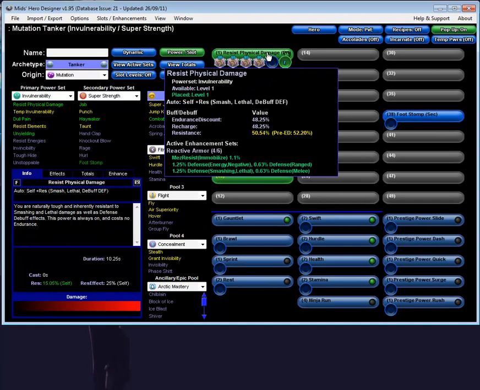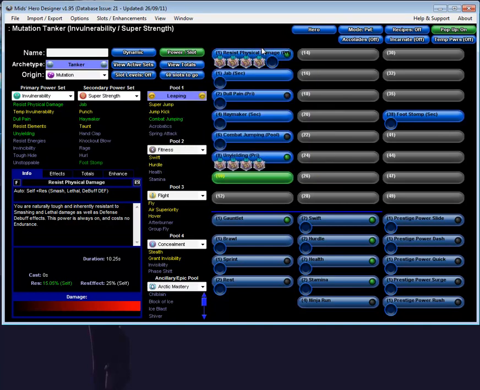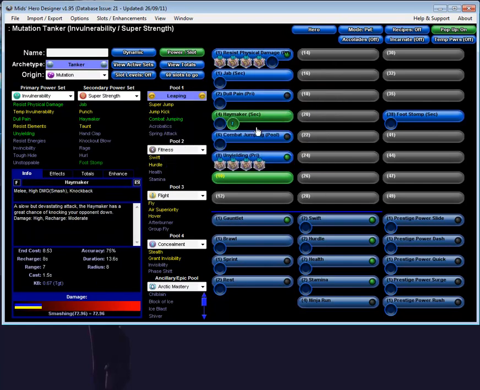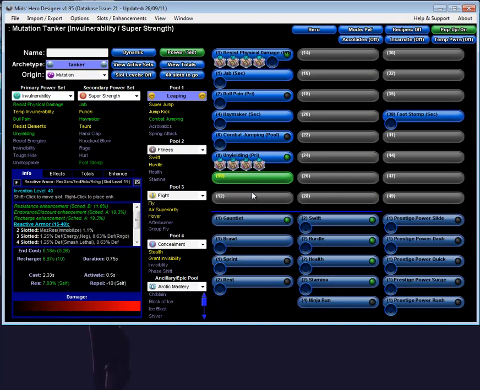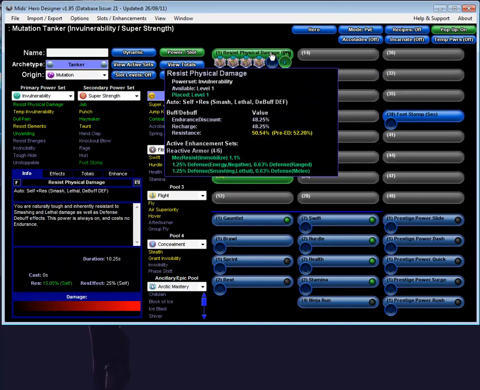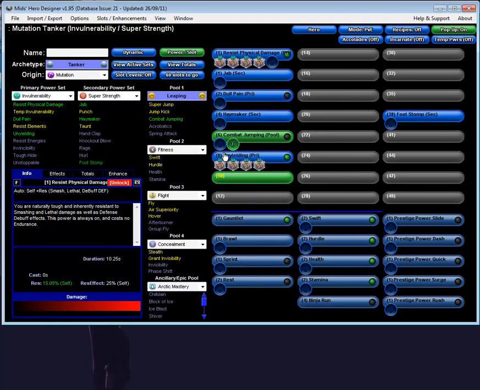Oh, also, if you want to stay on a power without having to pull off of it, because as you see, as I'm pulling it down, it flips to each power it hovers over. If you want to stop that behavior, just right click. You'll see it locks. And this way you can go ahead and see various aspects of the power, like how